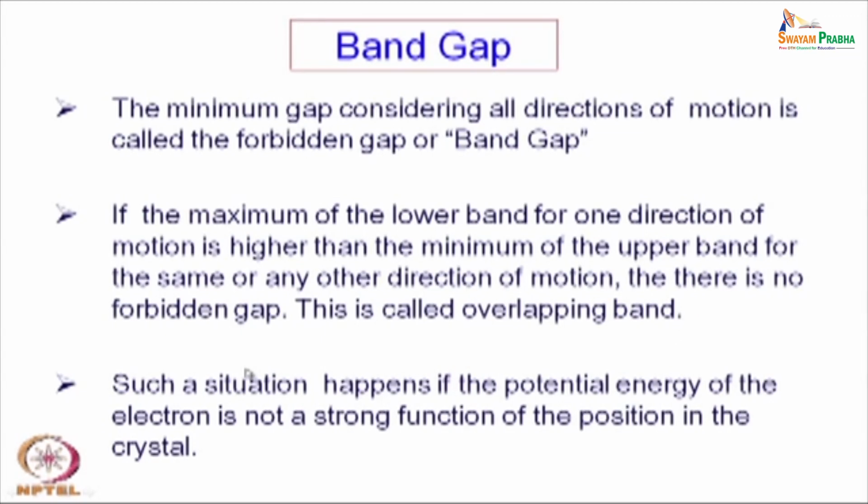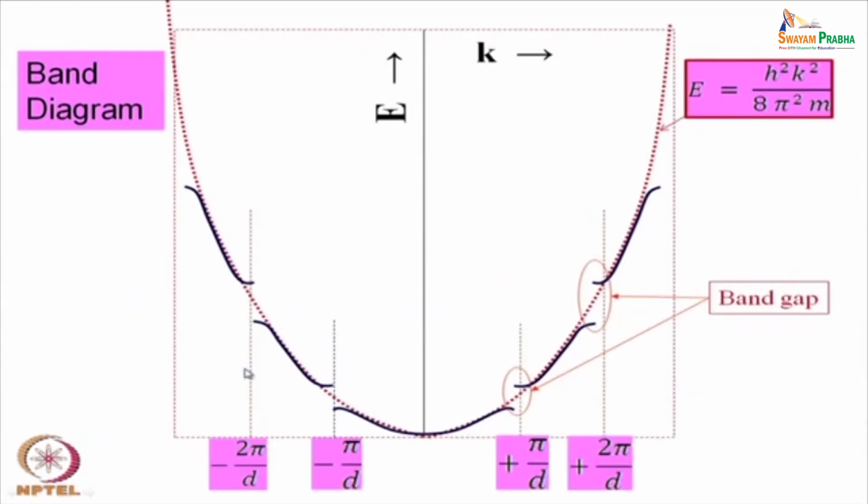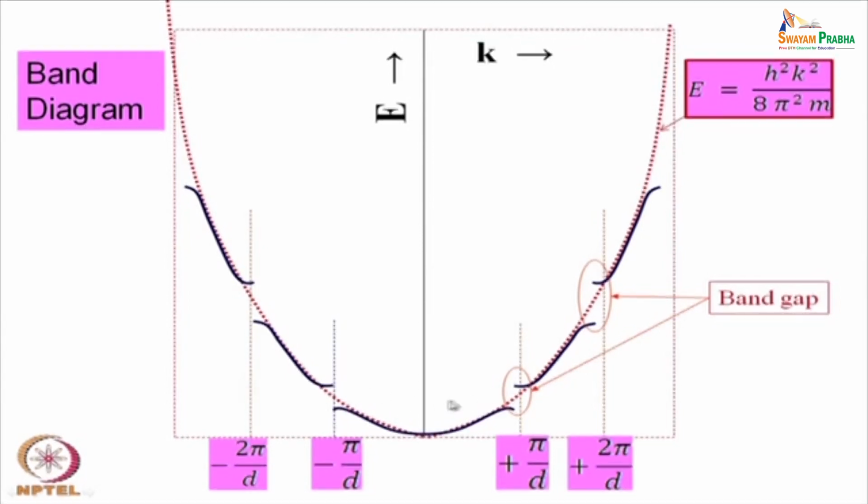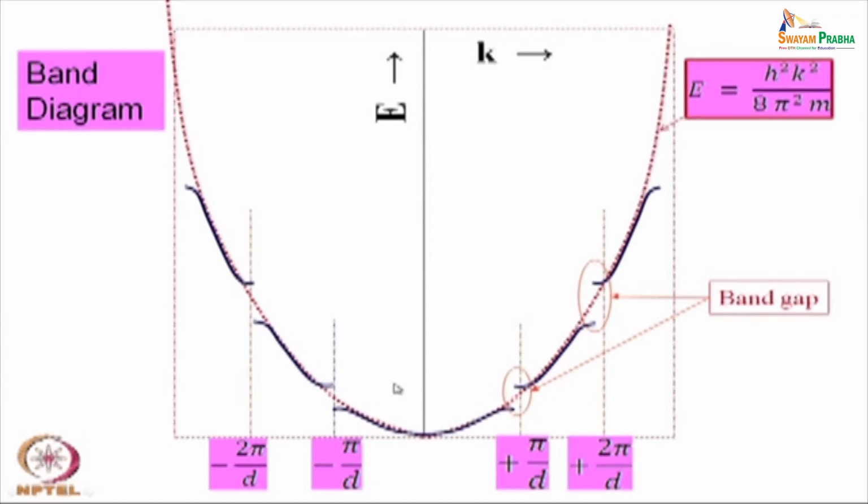Now, if we go back to this diagram, we see that there is a discontinuity here. If we draw this vertical line and this horizontal line, there is a discontinuity all through, but it may not be so. This may not be a horizontal line at all. It may be a complex line like this or something like that. Of course, not curved surfaces, because it has a certain geometry. So it is basically a combination of different planes.